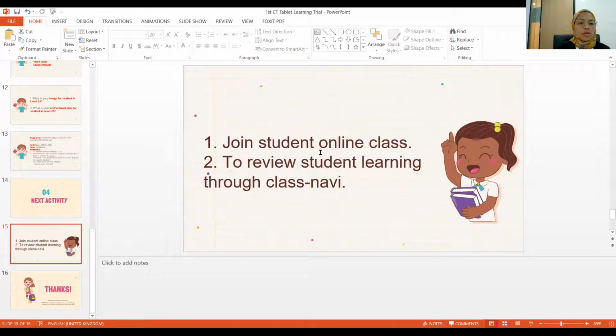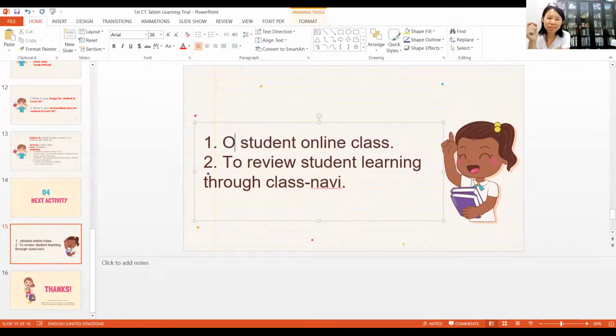So the next one, we will review the students' work, either 3A191 or 2A01. Then I am hoping that students will start using the Kumon app as soon as possible, on the tablet. Then we can review the students' learning through the Class Navi itself. But I don't know if the student's pencil-holding skills can cope with using the stylus pen. I don't know. How? Nothing, right?